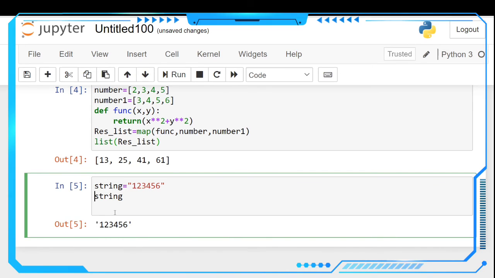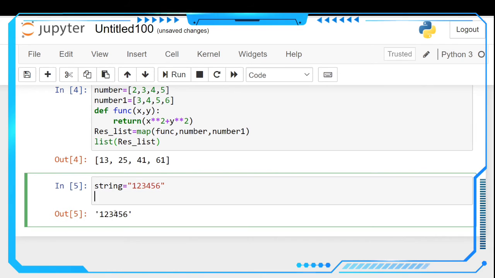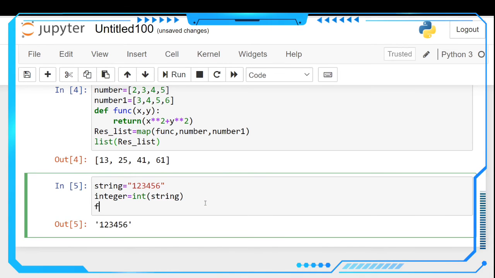If you want to change it into an integer, integer equals int of string. You are changing the type of the string into an integer. And next, float 1 equals float of string.